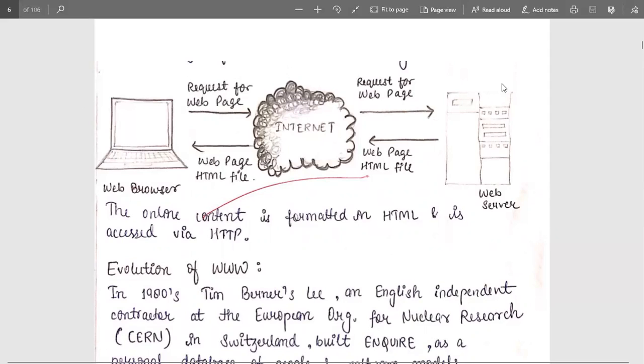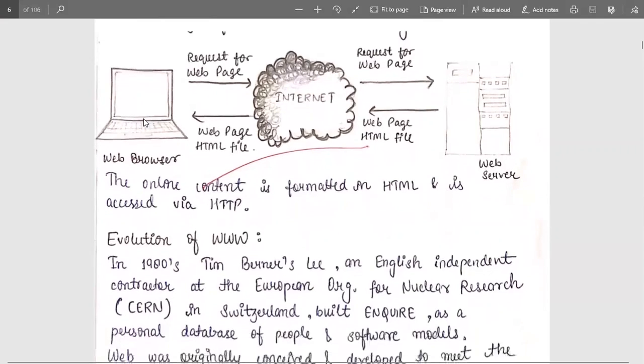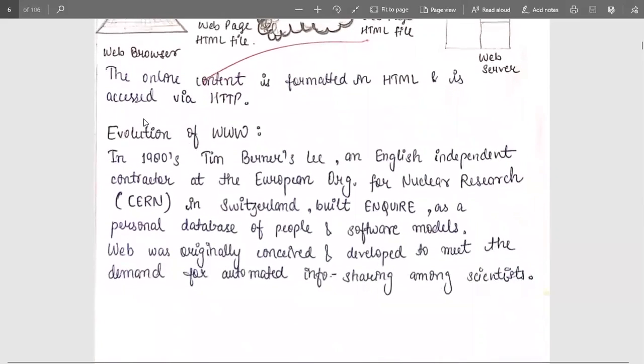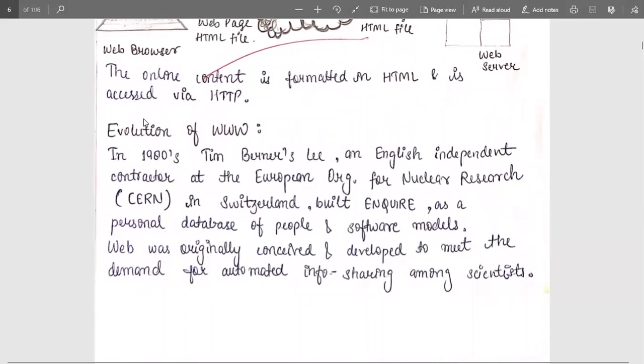When the web server receives our query, it sends the details to the internet network. The web page HTML file is sent over the internet, and that internet sends it to our web browser. The web page HTML file reaches the web browser side, and here it is shown to us. The whole process takes time, but we are not worried about that because we get it in milliseconds, right?